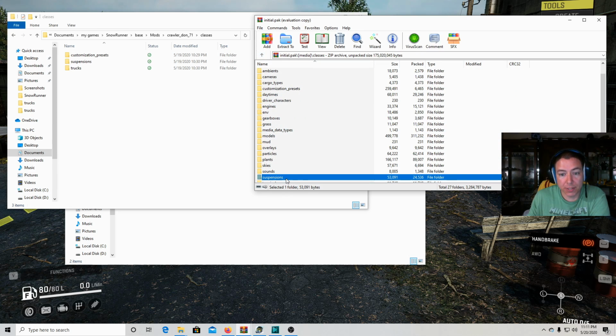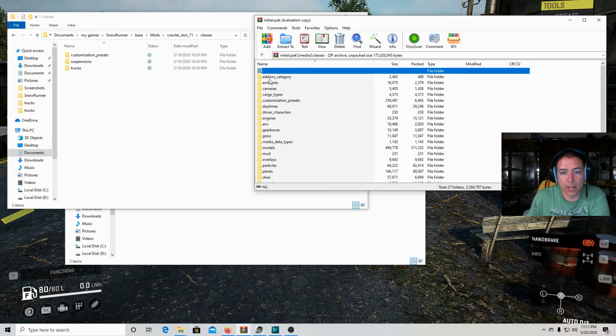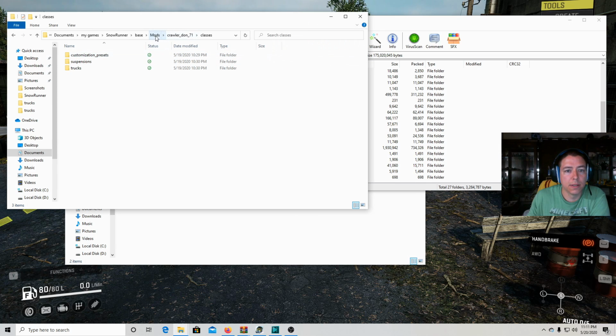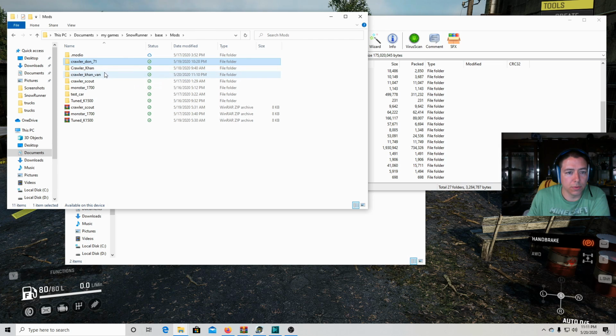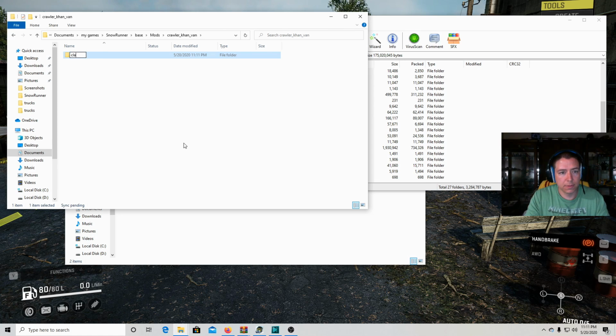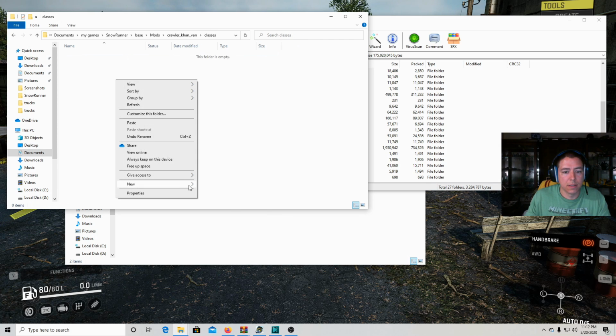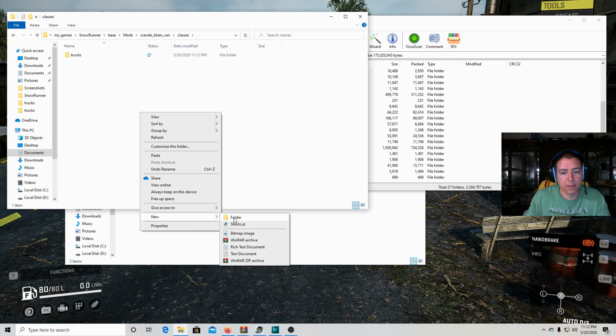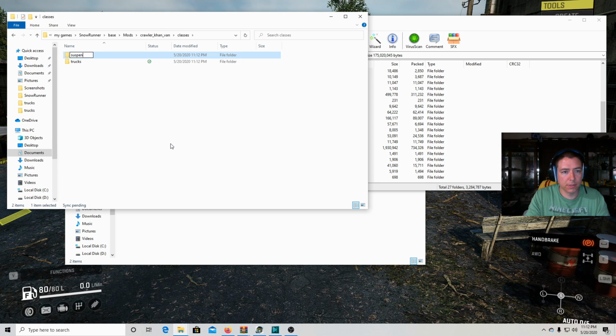So I need a suspensions with an S folder, and I need, so we go to classes, so I need suspensions and trucks folders to put my XMLs in for the game to see them. So let's back out. Let's go into crawler con van folder, classes folder, trucks, new folder, suspensions